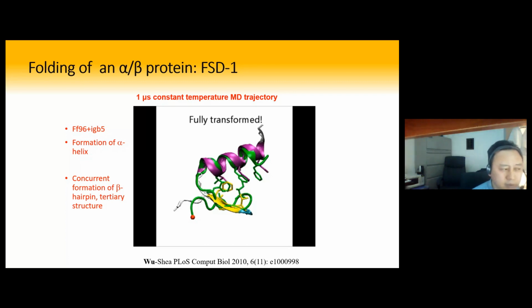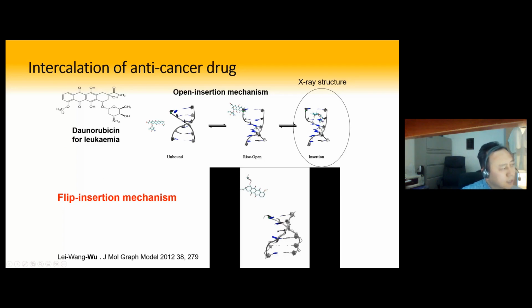But now, I tell you, this just takes hours. Okay, it doesn't need months. And this is another study I challenged. This drug is especially a first-line cancer drug for leukemia, still true for now. It works by intercalating between the base pairs of nucleic acid, basically DNA, and its suggestion is to lock the DNA, because we know the DNA has to separate so we can read out genetic information.